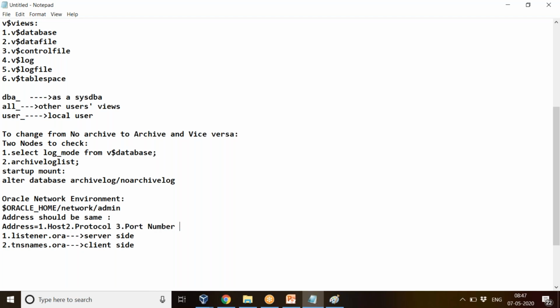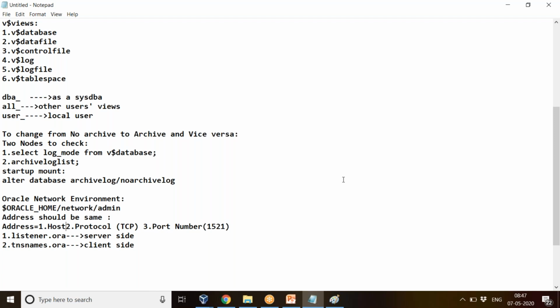Okay, so port number by default it will be 1521 only. And protocol is TCP by default. And host name, it depends, whatever the host name you have given, that host name you have to give. So whenever we want to talk with some person, he should also be knowing my language, then only I can communicate, right?